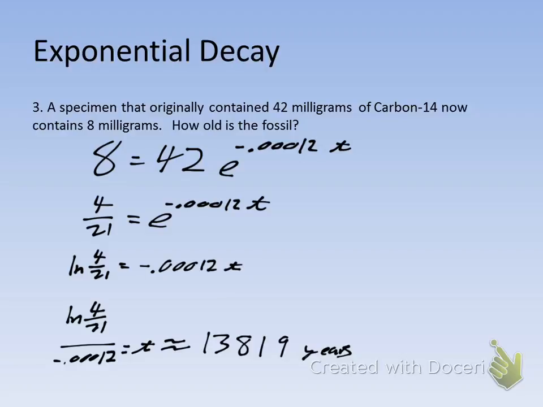Hopefully, two things. Number one, divide by 42 on both sides first to isolate that e, because you have to isolate that e from last section. Remember, take the natural log so it cancels out. Everybody good? Make sure when you get down to the bottom and you're doing this in your calculator,